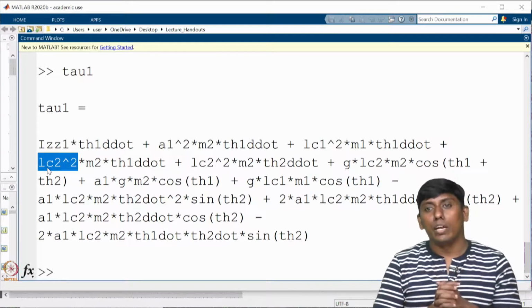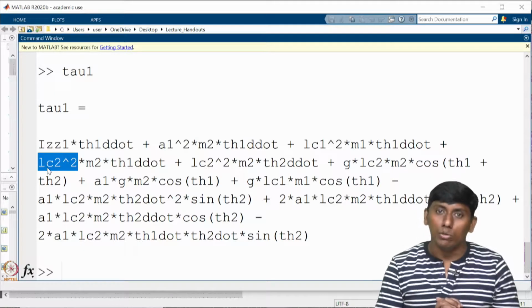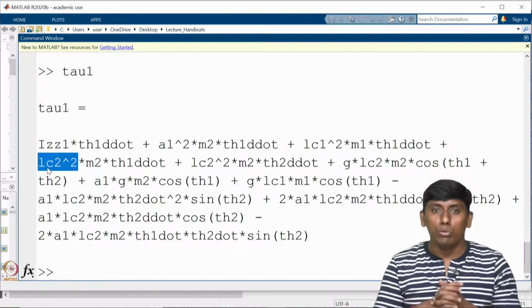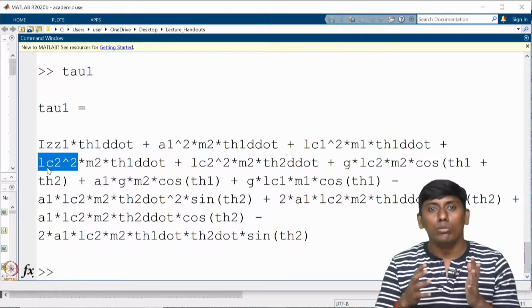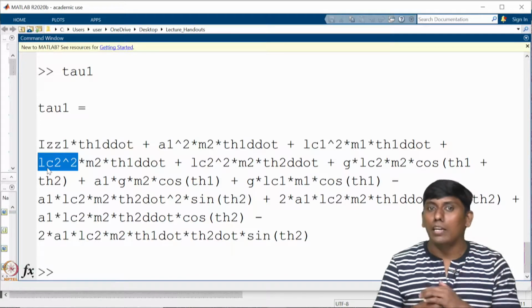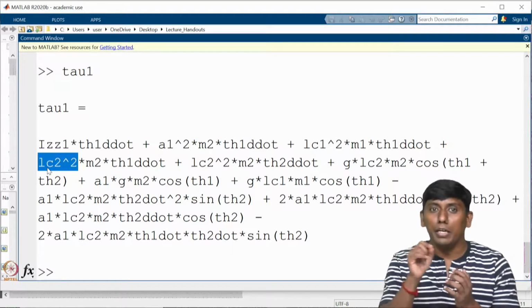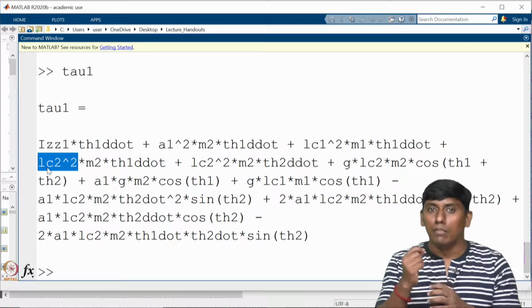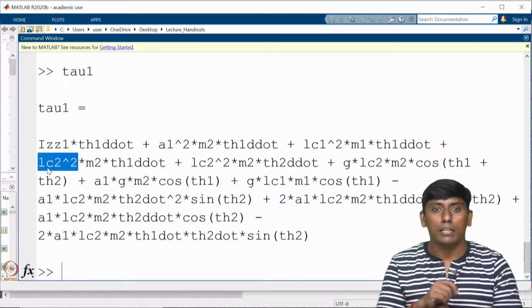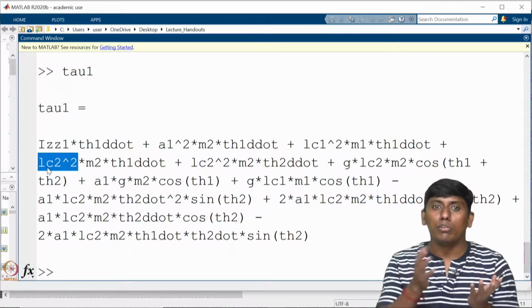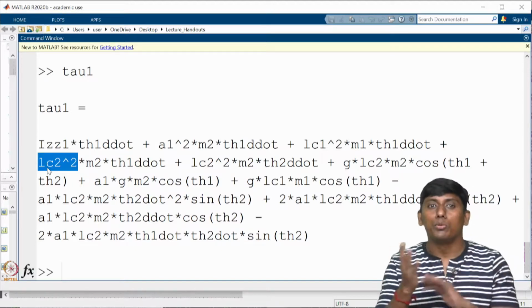So this is the way we can derive the equation of motion in Newton-Euler. Newton-Euler is easy because everything is in sequence. You can even do it algorithm based, in a recursive way, and although it is simple and the amount of code is very small, I prefer to write it in a lengthy way. That way, even if any minor mistake happens, it can be rectified. But if you write it in an algorithm-based code and a small mistake happens, it is very difficult to find. And compared to Lagrangian-Euler, this is very simple because you do not need to go back and forth from partial derivative to time derivative.